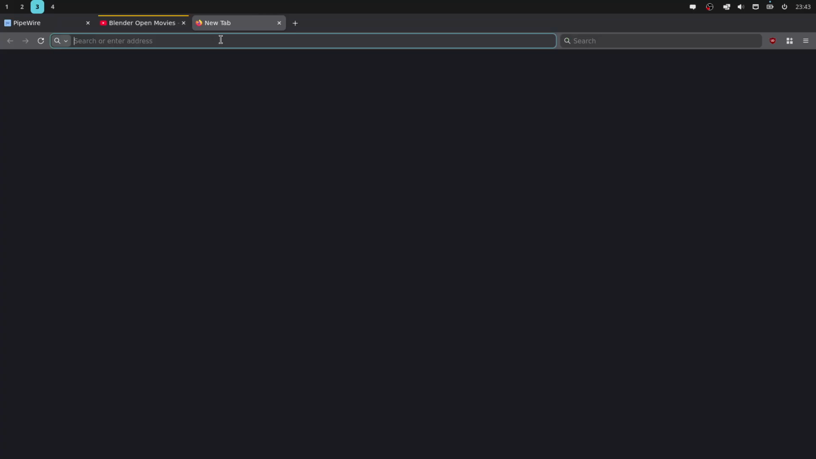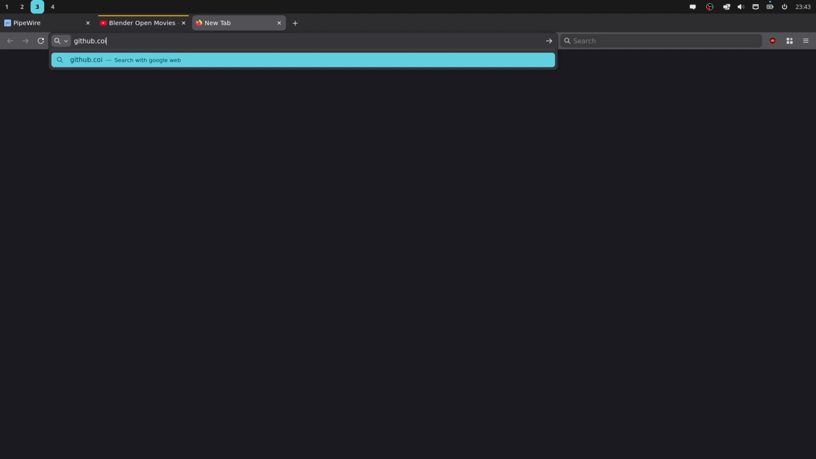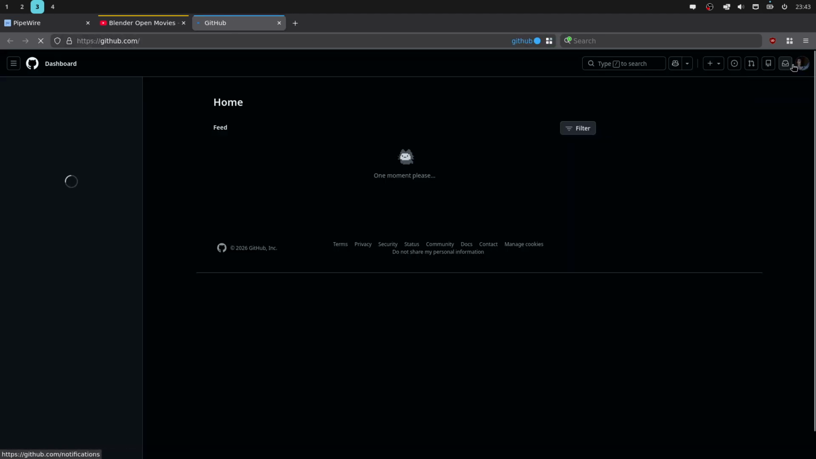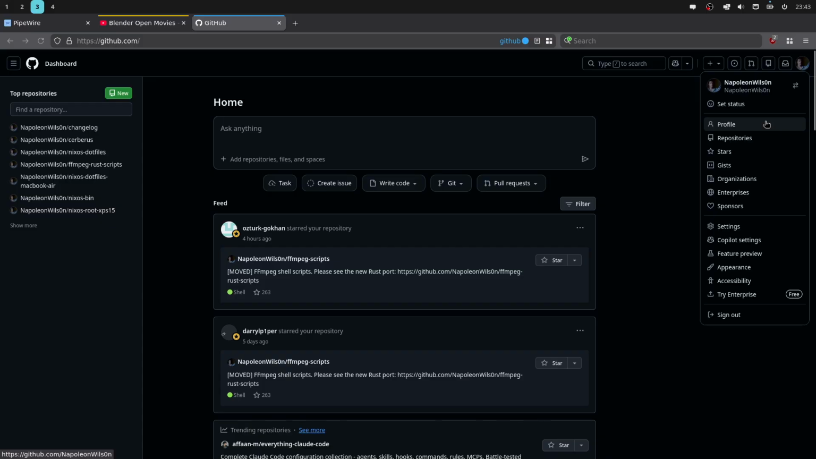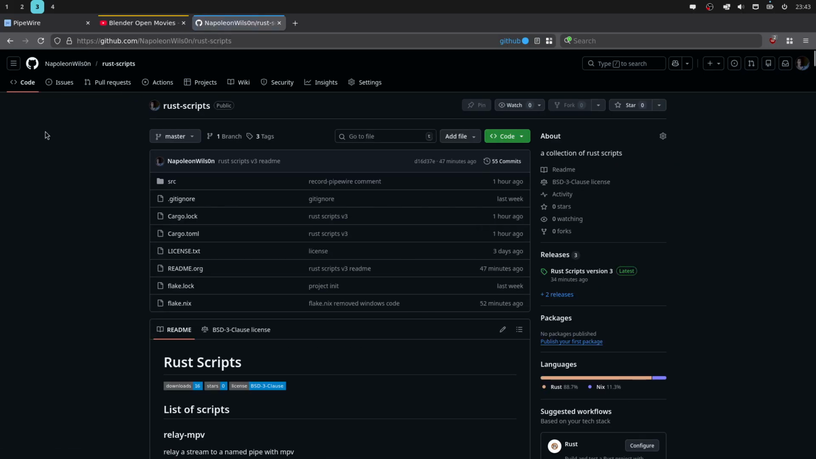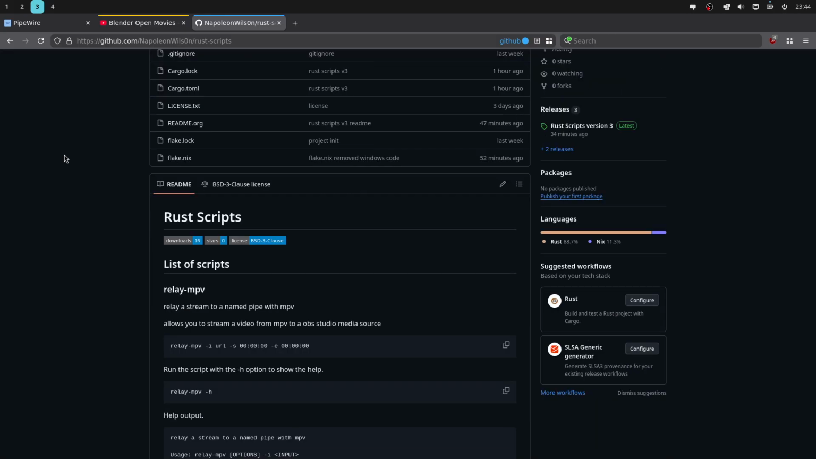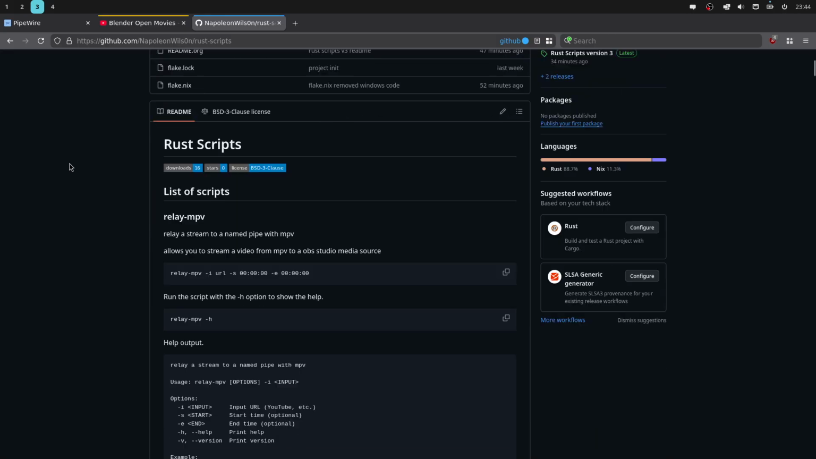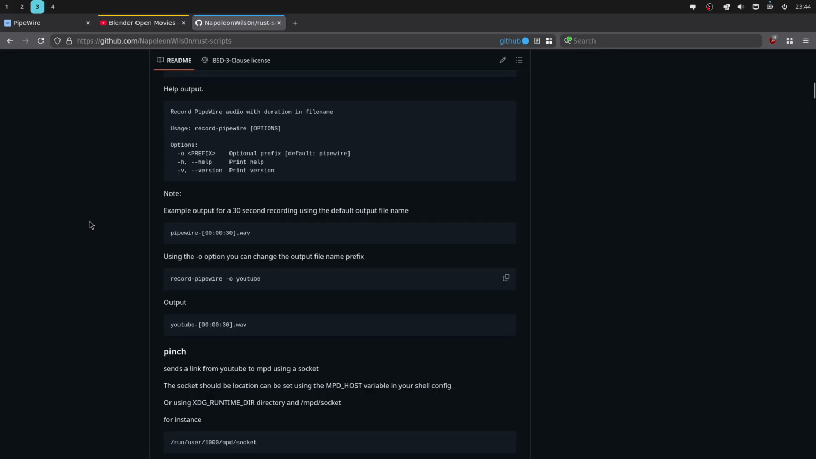Okay, so let me come across to the Git repository. Rust scripts. Okay, so this is a repository I created of a couple of shell scripts that I've converted to Rust with the help of Gemini. So in the previous video I showed you relay MPV, which is to relay a video played with MPV into a pipe that can then be played with OBS Studio. And what we have down here is